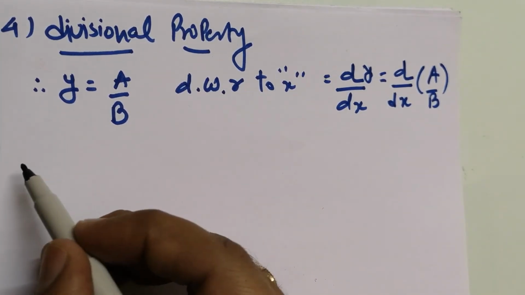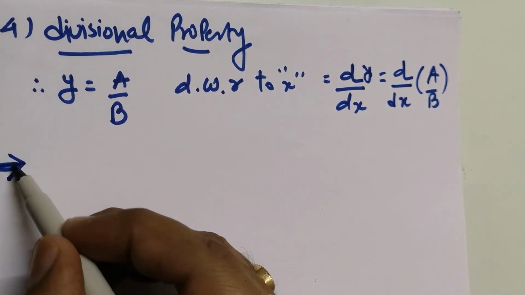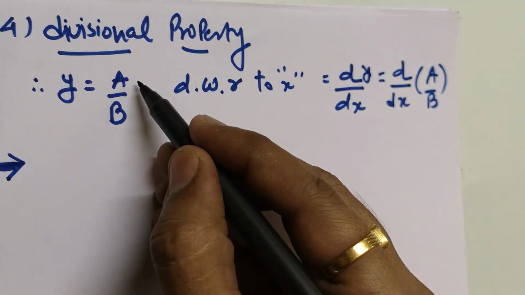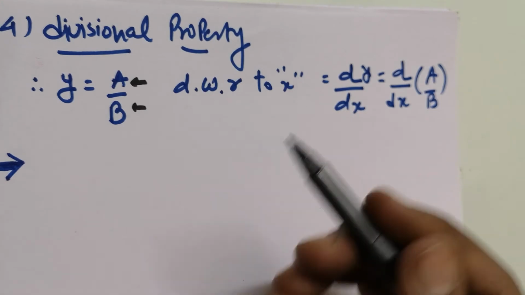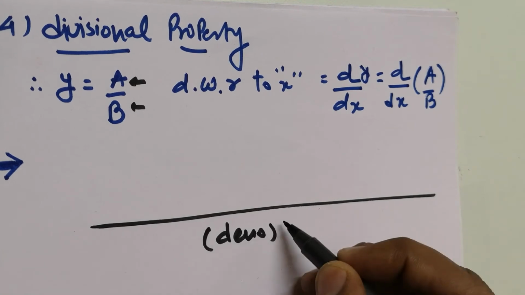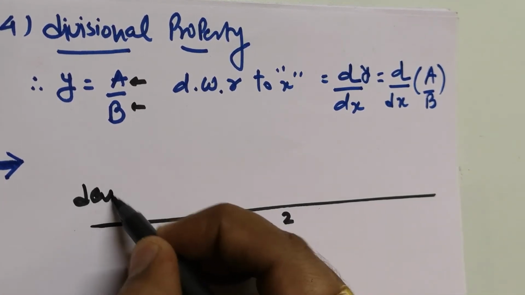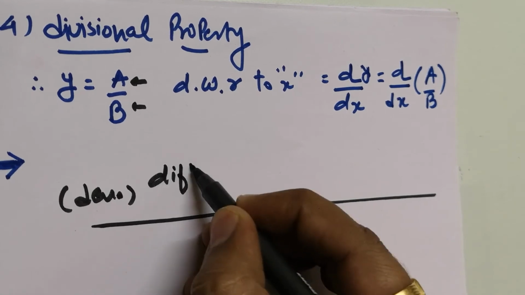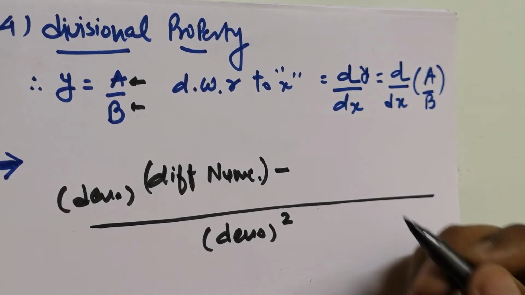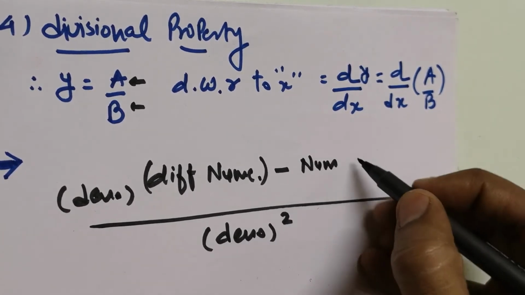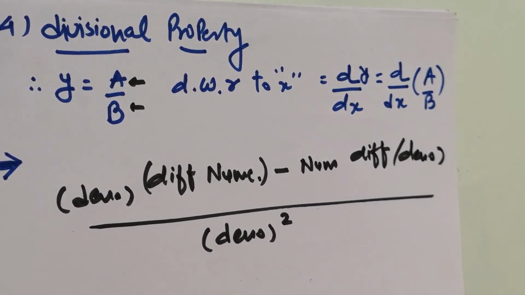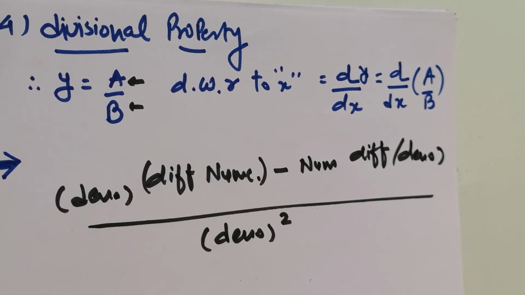First of all, I am telling you some of the initial portion. Divide this formula into two parts. Let's say this is your numerator and this is your denominator. You have to remember that first of all, the denominator is squared. Now denominator outside and differentiation of numerator. Minus is compulsory. Now numerator is outside and differentiation of denominator. So this is the very primary formula you can remember whenever you go for differentiation.